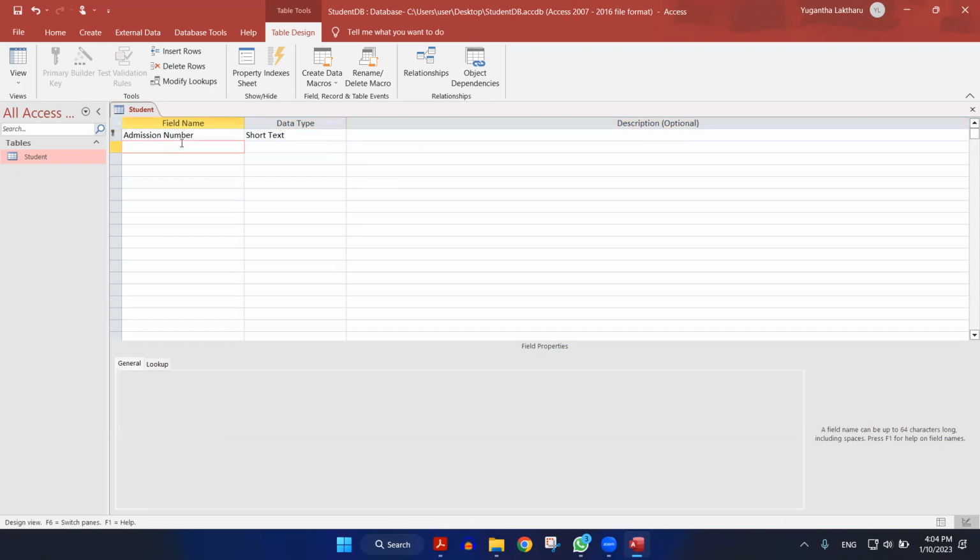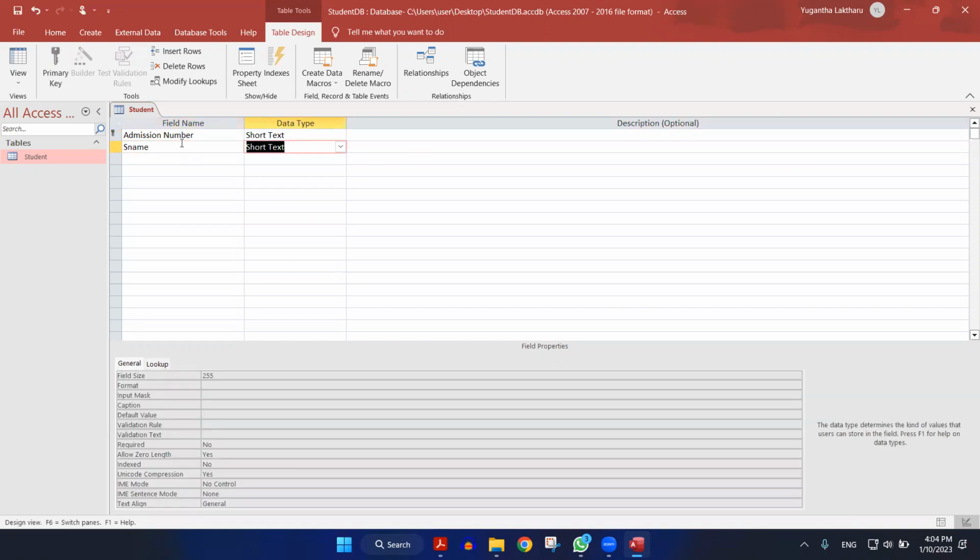That's my admission number. And I'm going to have S name. Now, be careful, people. Be careful and be very space friendly when you are creating a name for a particular field, because you are not going to make it very big. You are going to put something short and sweet where people can understand what this is talking about, and you don't need to change it again and again. So S name, I'll take it as short text,